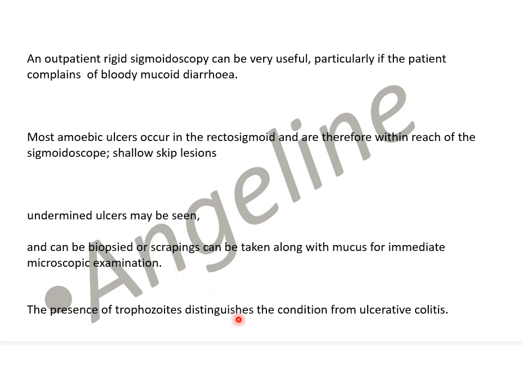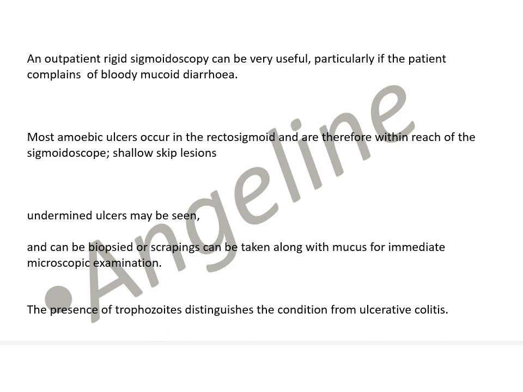The presence of trophozoites distinguishes the condition from ulcerative colitis. Ulcerative colitis in the very beginning, you may have very shallow ulcers and diarrhea. Very difficult to differentiate. So in your sigmoidoscopy, take a scraping and if you find trophozoites,